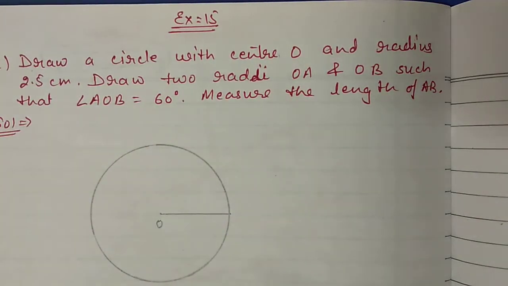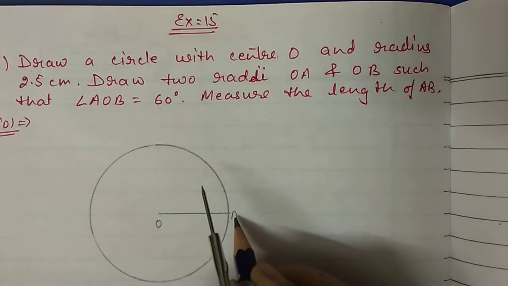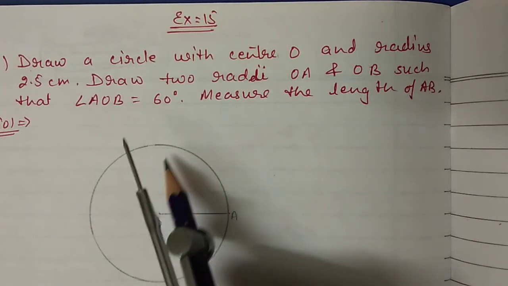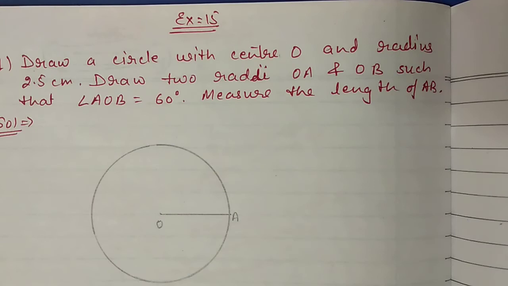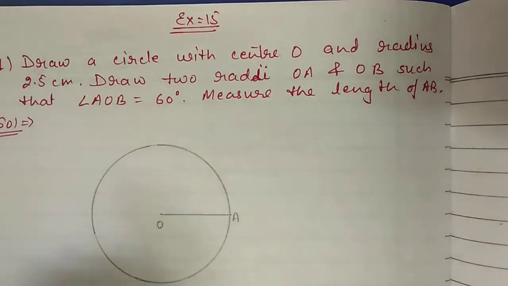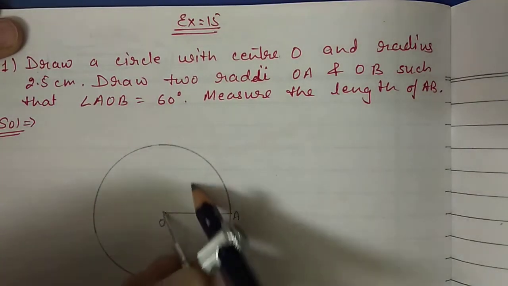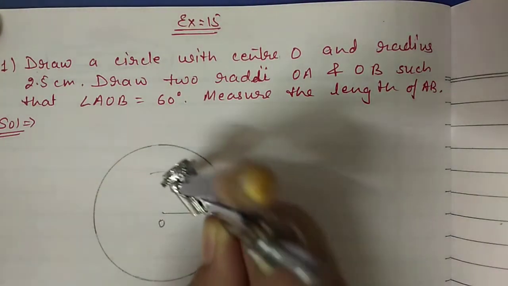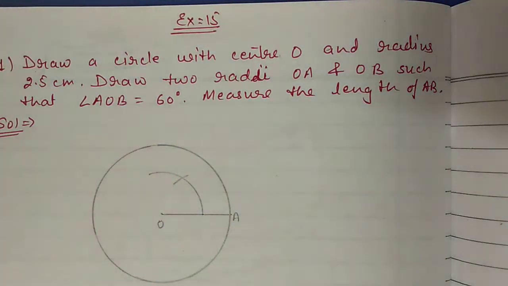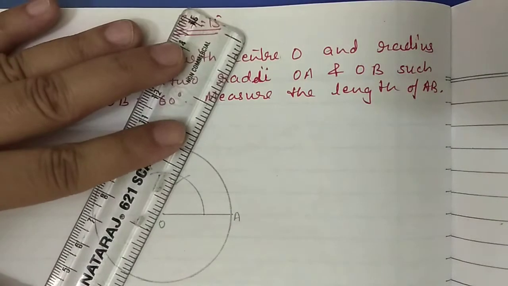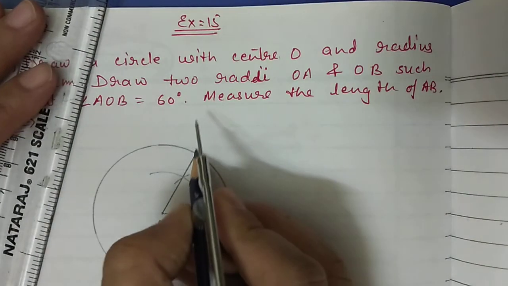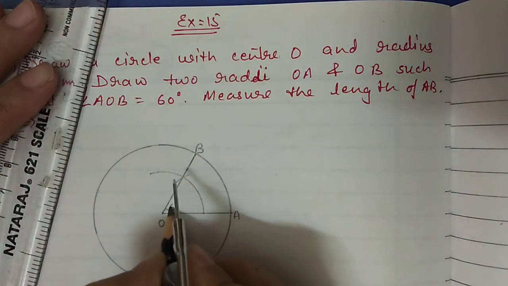After that you have to mark 2 points. So the first point we have taken as A here, and for the second point, how we have to mark it: angle AOB will be 60 degrees. So it means at the center, on this AO, we have to draw 60 degrees. For this you can use a compass. Keep your compass at the center, put one arc, and from here wherever this first arc touches, this first mark is the 60 degree. Then draw the 60 degree line. This point is B and this angle is 60 degrees.